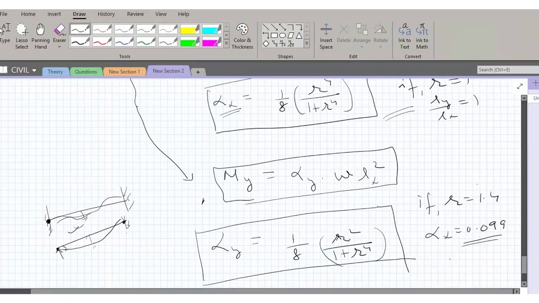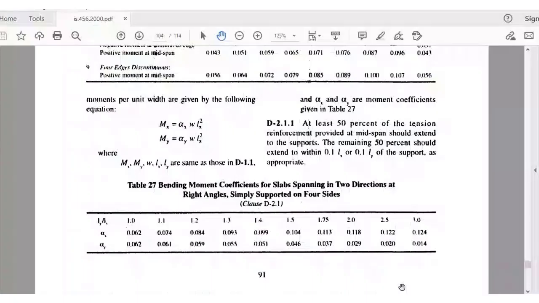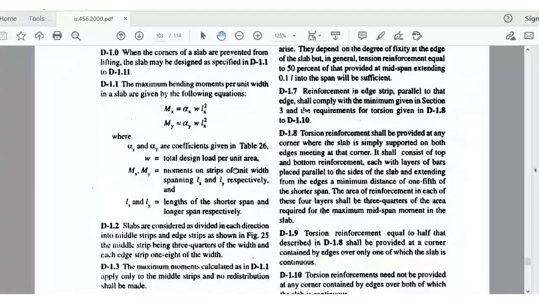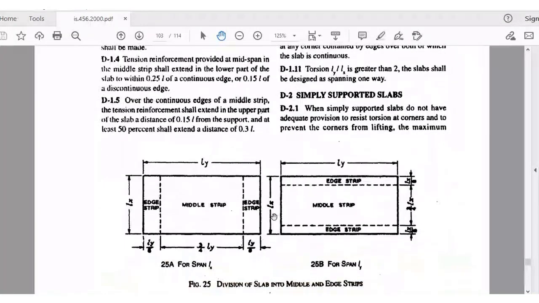Yes, sir. So what we'll do, if there is no more doubt, we'll continue further. So last class what we did, we had discussed till here. If you remember, we had discussed till D1.6, and if you read D1.7, if you remember this sketch, we discussed these two sketches. The entire slab is divided into middle strip and edge strip, and whatever total reinforcement you compute is provided in the middle strip, and in the edge strip, I said you provide